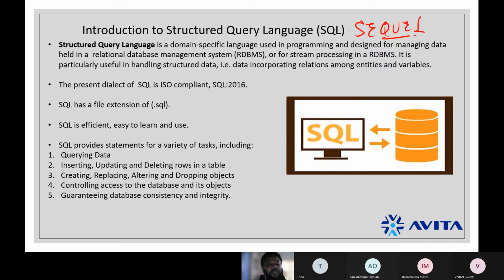So, and then we say SQL has a file extension of .sql, which means that when we talk about file extension, we talk about how the file is created, right? I'm sure you're familiar with file extensions. Microsoft documents are usually .docx. Do you remember, or do you know that?